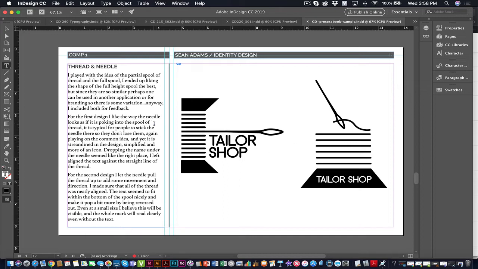For the first design, I kind of like the way the needle stuck out of the spool. I'm talking about all of that in here, why I dropped in the name here. And I'm explaining that I left aligned it here so that it would match up with this. These are all things that you want to talk about: what you're doing and why you're doing it in the layout. This is the second design that I created in here because I had multiple sketches for that concept,